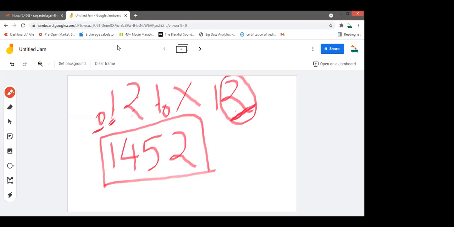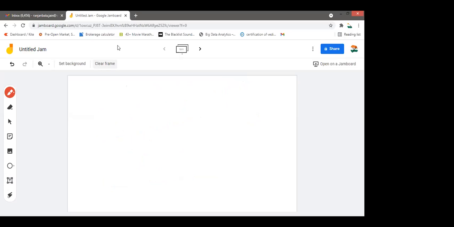Just each digit is multiplied by 2 and then added with the next digit. Previously, we were adding directly because it was 1. When we multiply any number by 1, it remains the same. So in case of 12, I am multiplying each digit by 2 and adding with the next digit. Let's do one more problem so that things will be clear to you.